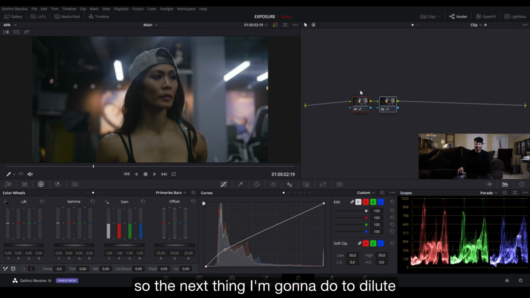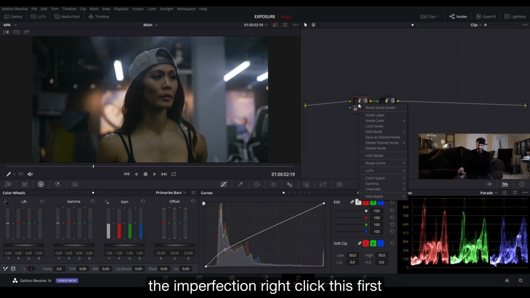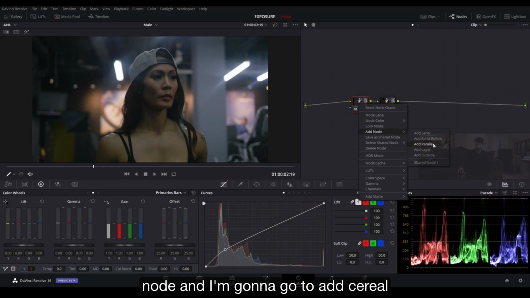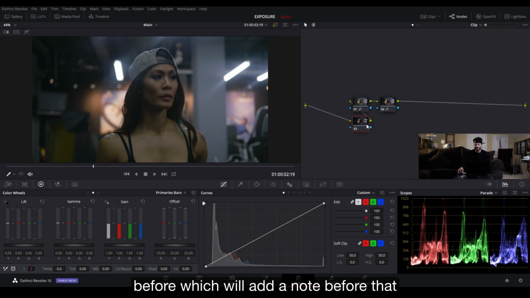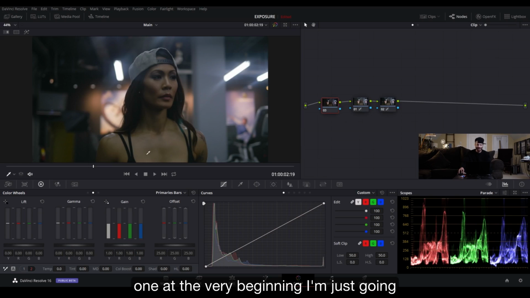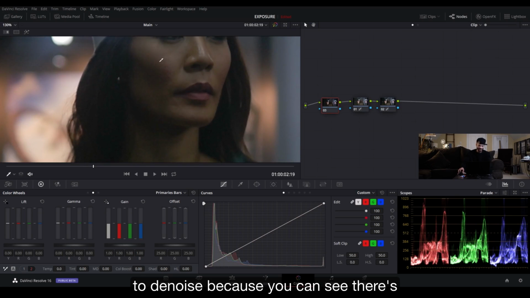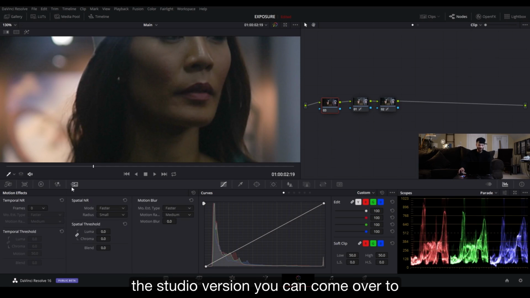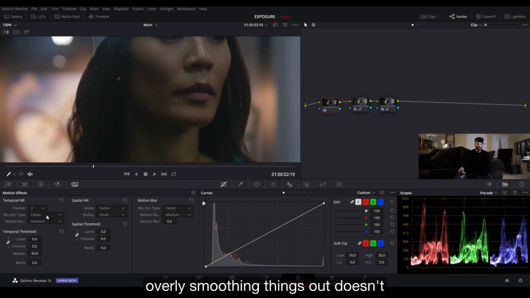And so the next thing I'm going to do to dilute the imperfection, right click this first node, and I'm going to go to add serial before, which will add a node before that one at the very beginning. And I'm just going to denoise, because you can see there's just tons of noise here. So if you have the studio version, you can come over to the motion effects, I like to use temporal noise reduction. It works really well, and it doesn't overly smoothen things out. It can, but it just tends to be